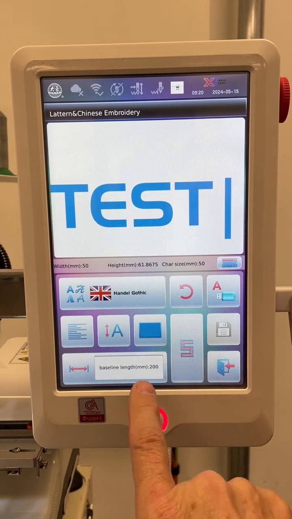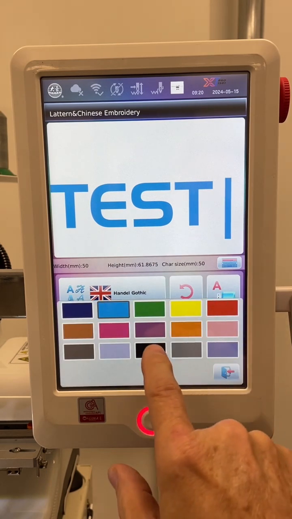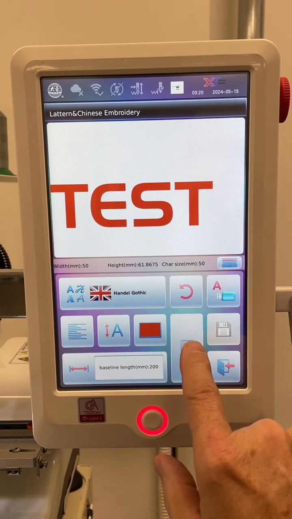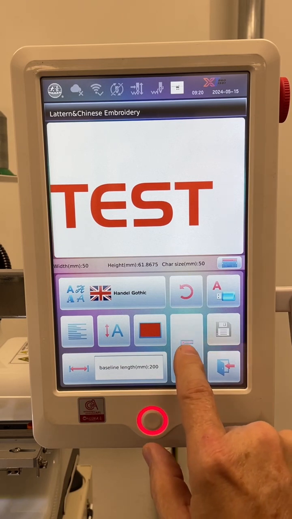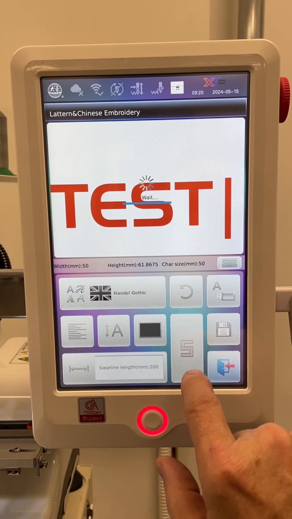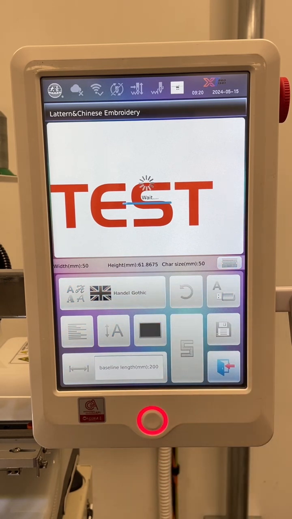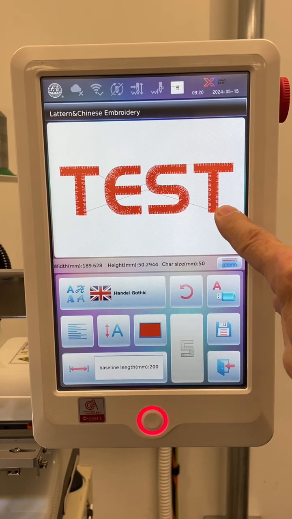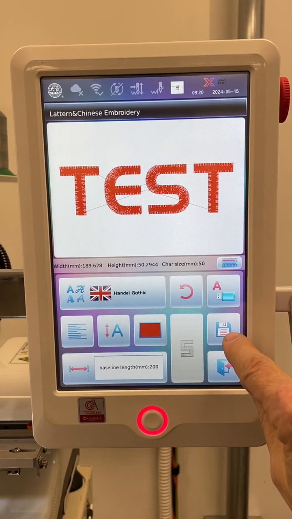And of course this is the color of the font. Once I'm completely done, then I will hit this again to generate stitches. There it goes. And then I will save it. So now you can tell it looks like stitches now, so I'm going to go ahead and press the save